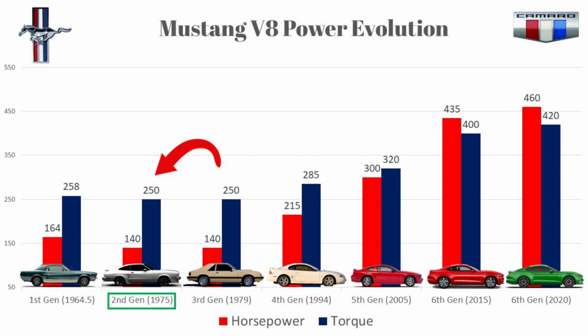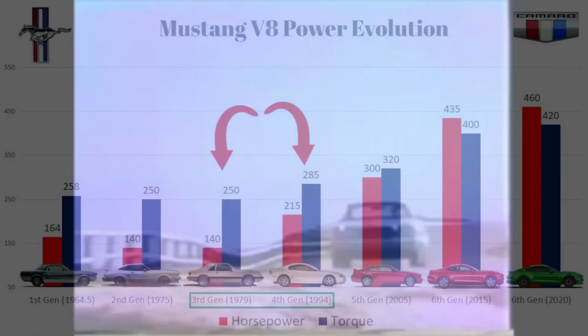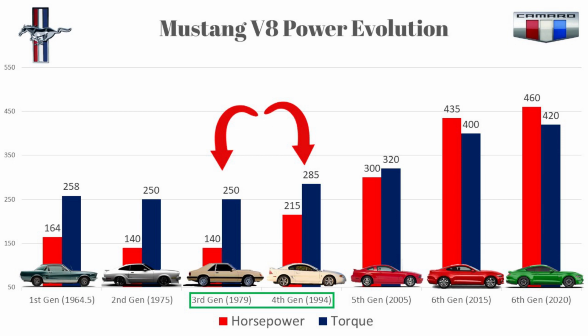It came with a 4 or 6 cylinder. The V8 wasn't put in the Mustang II until the 1975 model year. So to stay true to what I originally mentioned about comparing V8s, I'm going to use the 1975 model year for the Mustang II. The third generation Mustang was in production for the longest period of time, from 1979 through